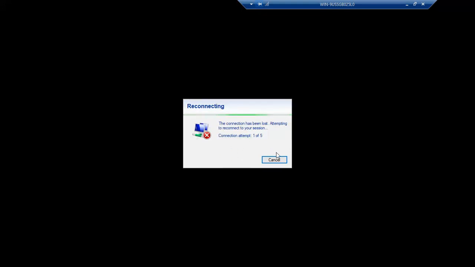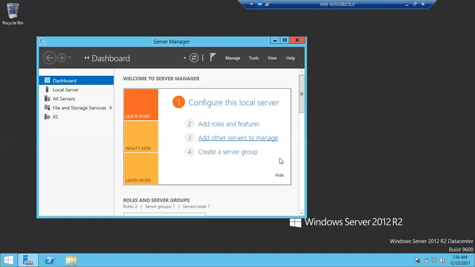If something happens and you click on cancel, again you are going to lose the connection, but the session will only be disconnected. Nothing will happen. It might be due to internet issues, it is disconnecting very regularly. Shiva and Rajesh both are connected to this server, whatever server it is, 25L0.